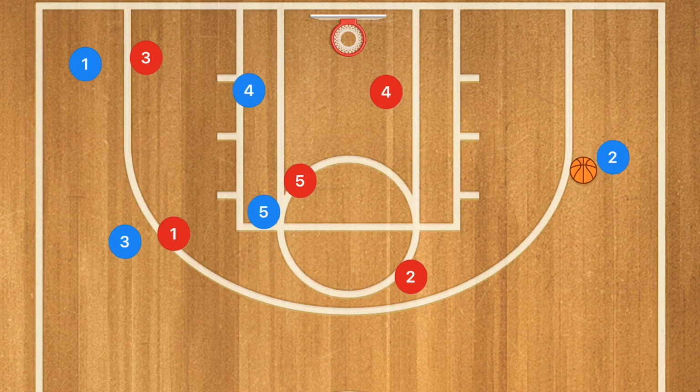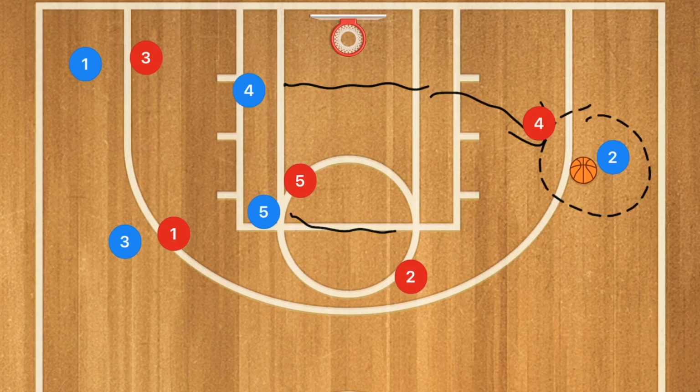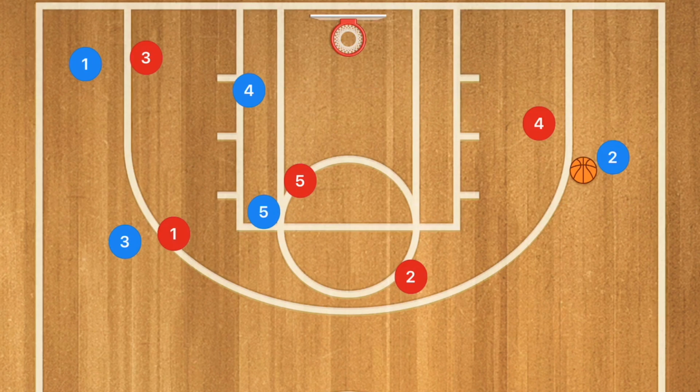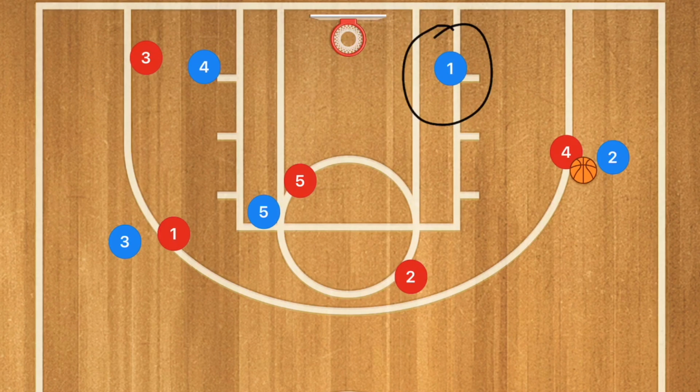I call it a skip pass because it's passing over that imaginary center line. You don't usually want to pass over that, but in this kind of a formation, you could get some really easy shots from that weak side player. This is going to be bringing player 4 red out to defend player 2, and because of that, we could have both player 4 and 5 cut across to that post, or we could have player 4 set a screen on player 3 and player 1 could pop out towards that low post, and same as player 3,